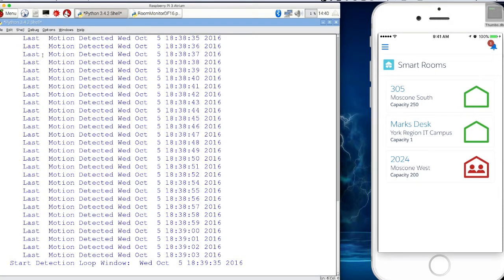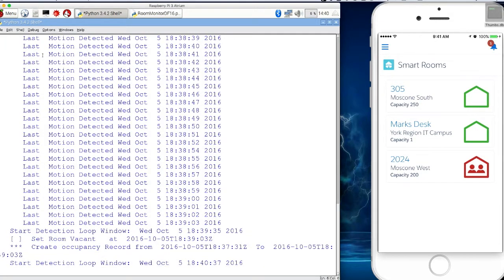Now, in practice, 1 minute generally doesn't work that well. Depending on the physical makeup of the room and the size and dimensions, we may have people in a room where motion isn't actually detected within that minute. So in practice, we're looking for 3 consecutive minutes of no activity in order to change that state. But for our purposes today, for the demo, we didn't want to be standing here for three minutes looking for ways to fill the time. So we're just looking for 1 minute.